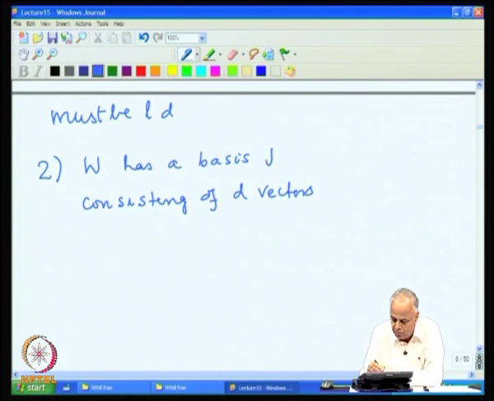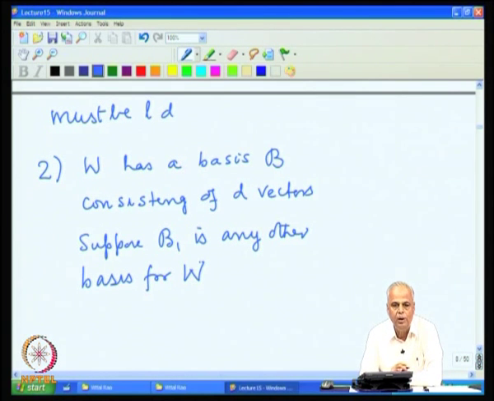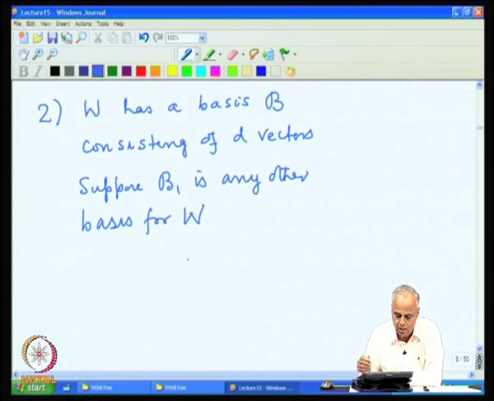So, let us call this basis B. Suppose B1 is any other basis for W,